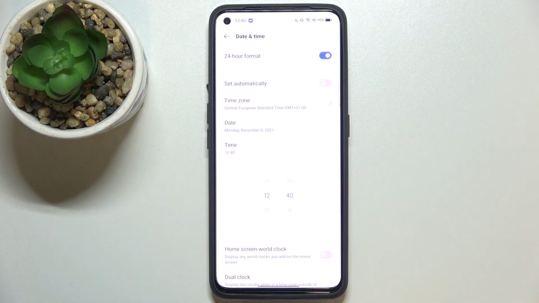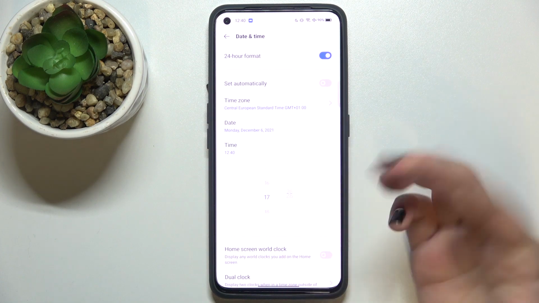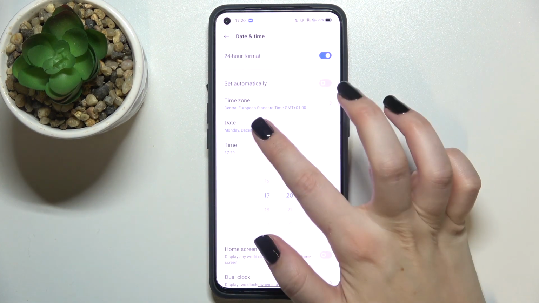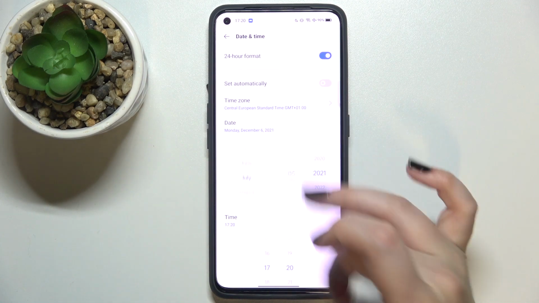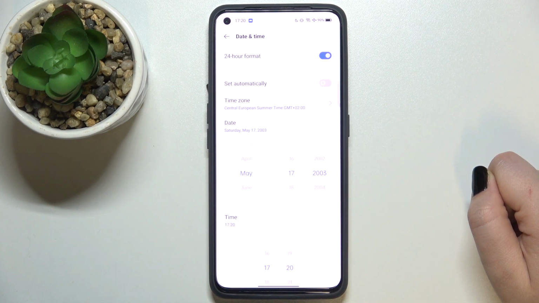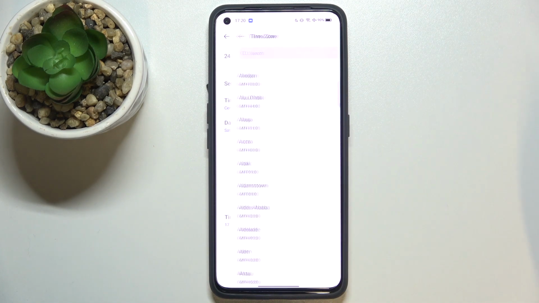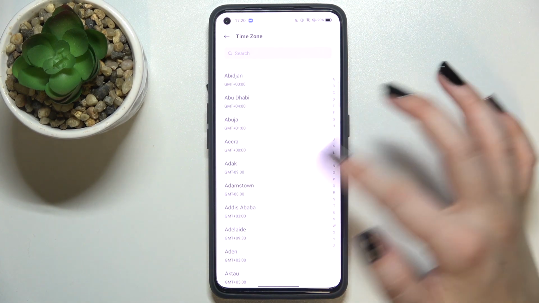So let's begin with the time. After tapping on it, we can just by swiping pick the time we want to use. So let me pick 5 o'clock. And now let's tap on the date, and the same situation, just by swiping we can pick another date which we want to currently have, and we can tap on the time zone,